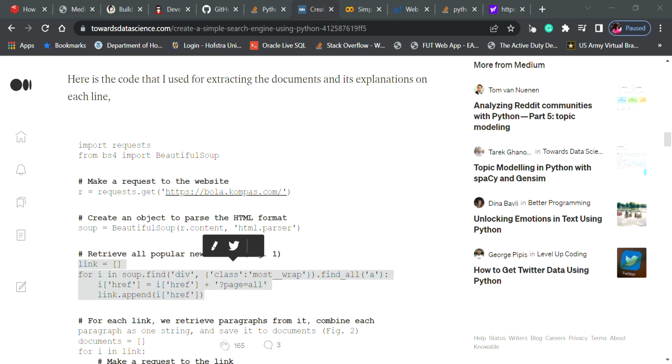Now what we want to do, we have hypothetically our a tag, and we're going to add that